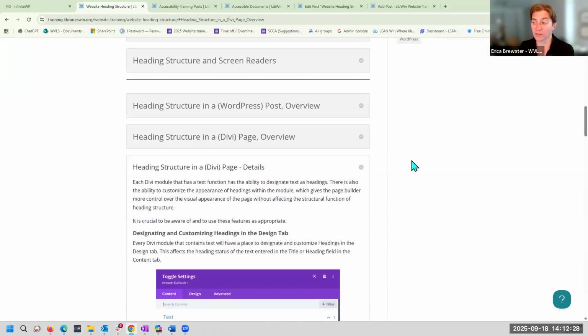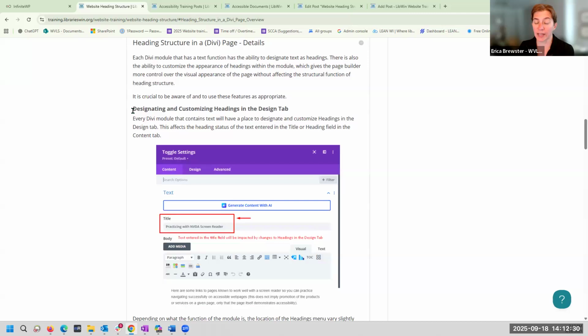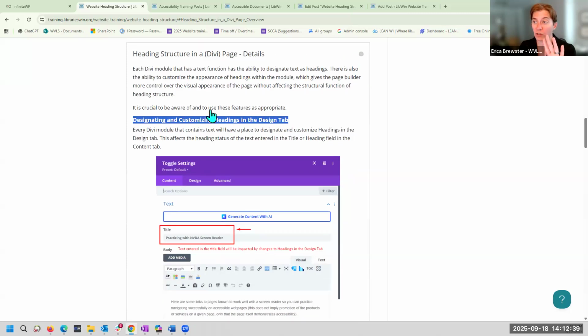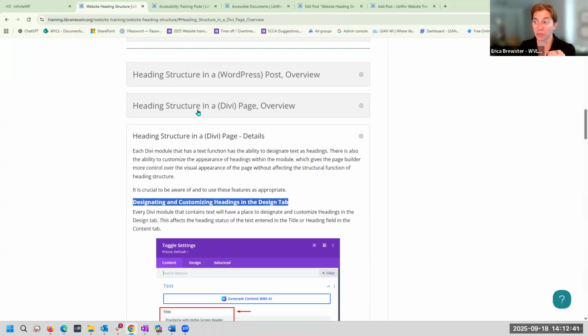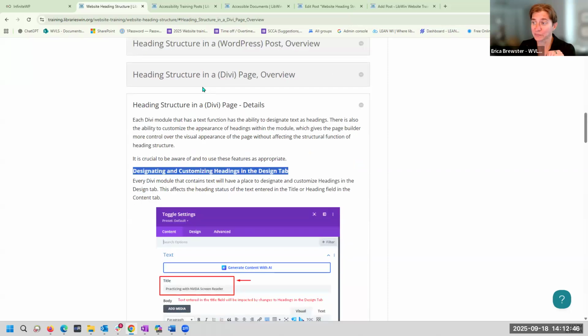When I open this, I see a little bit more formatting. And on the back side, and I'm going to show you all of this on the back side, I have designated this as a heading 4. So I've gone from heading 2, heading 3, or sorry, heading 2, heading 3, heading 4. So my structure, I've got 2 heading 2s with the WordPress post, heading 2 with the Divi page. Now I have a heading 3 with the details, and I have a heading 4 designating and customizing headings in